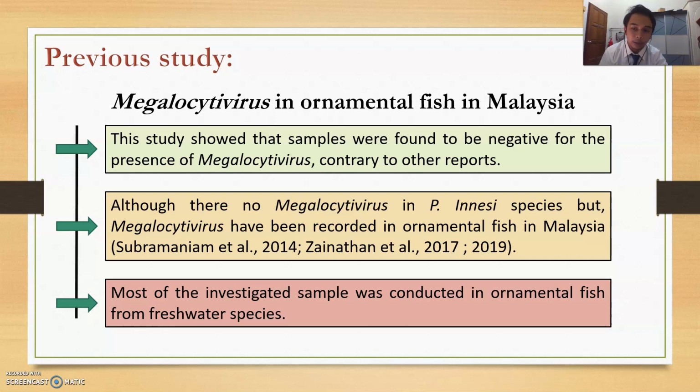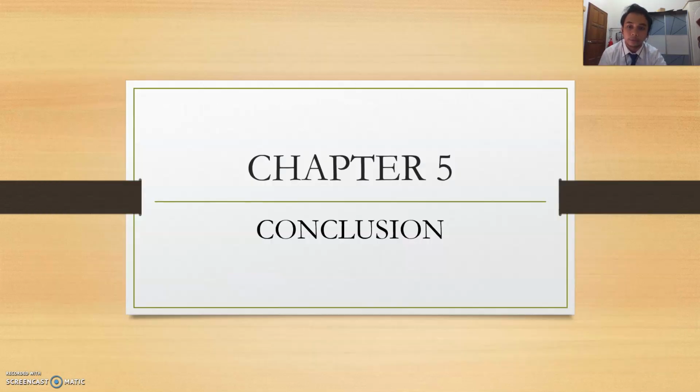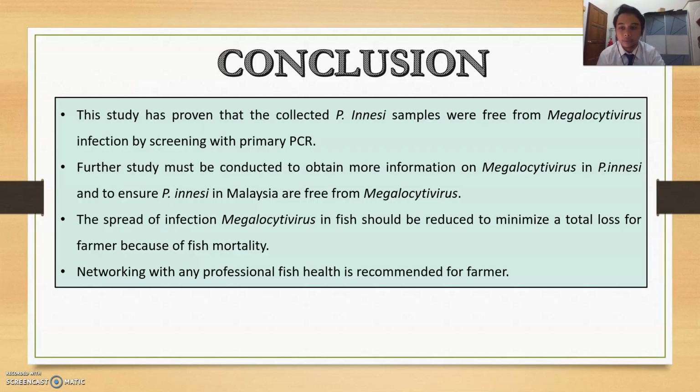Although there is no Megalocytivirus in neon tetra species, Megalocytivirus has been recorded in ornamental fish in Malaysia. Most of the investigated species were freshwater ornamental fish. This is the species that were investigated from Malaysia. For the conclusion, this study has proven that the collected neon tetra samples were free